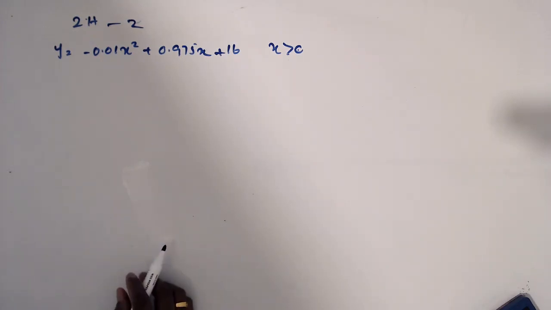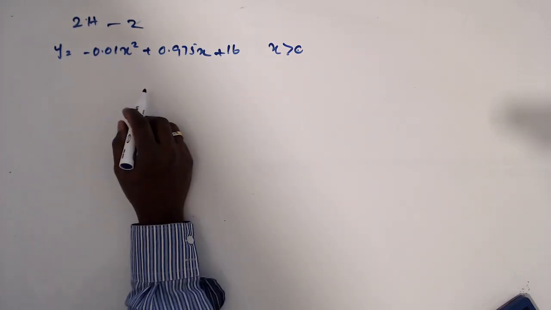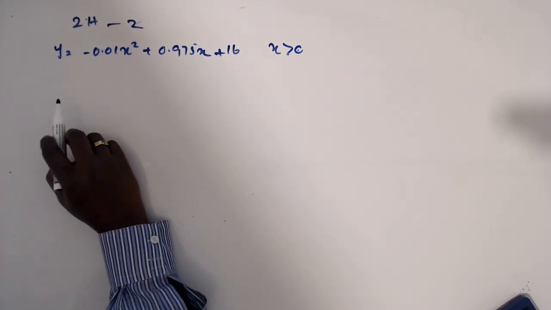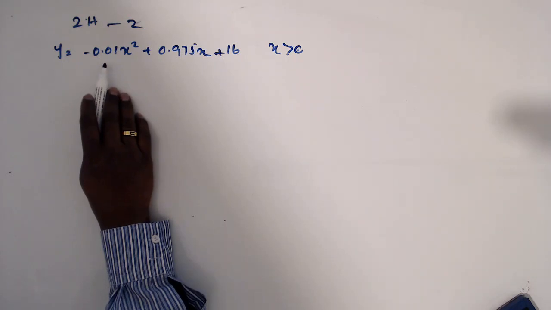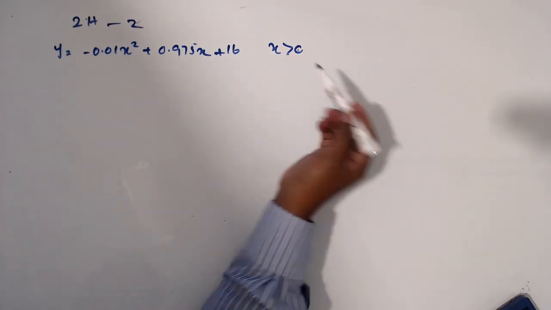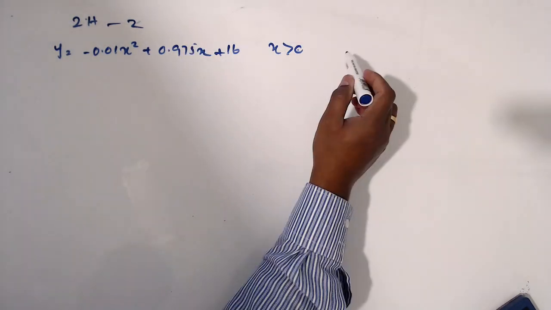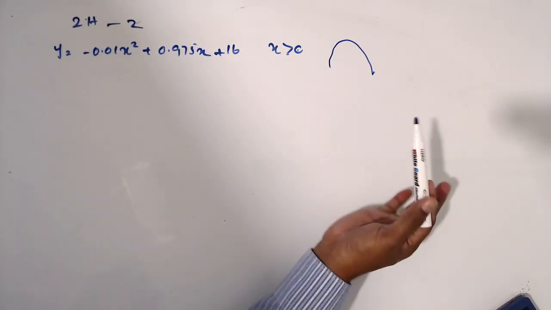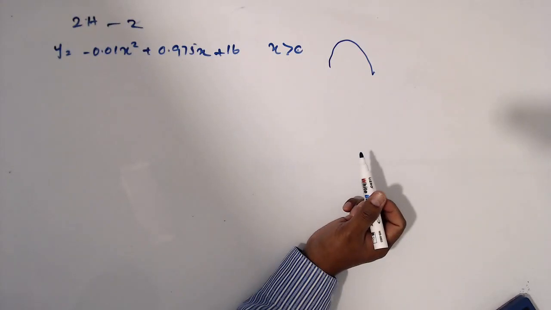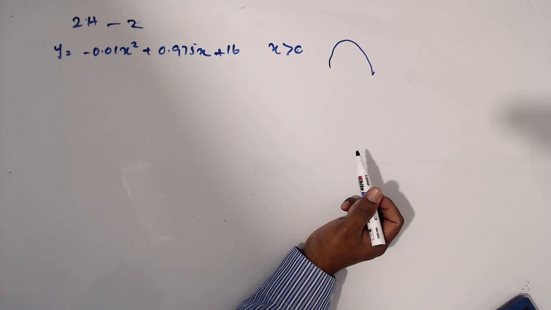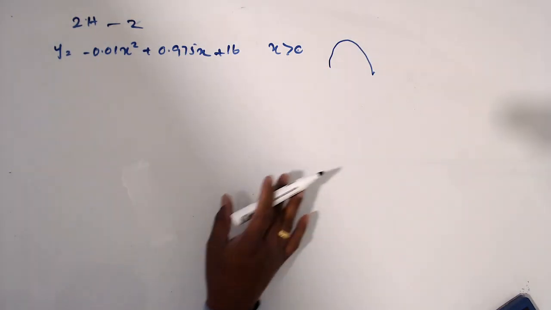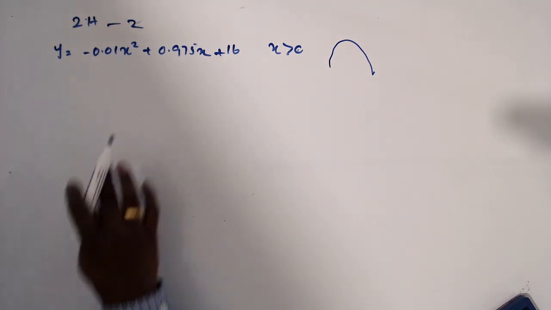Let's discuss 2h number 2. I can see this quadratic equation. So a is minus, so whatever it is, without looking at it, the graph is going to have a maximum. So now let's fit the data to this type of graph. Now for this graph,